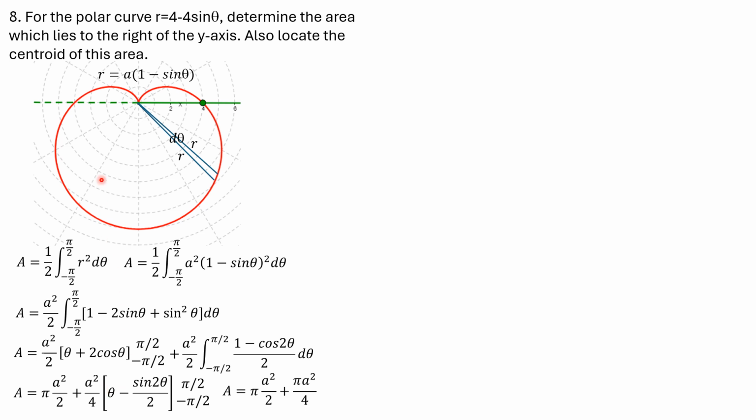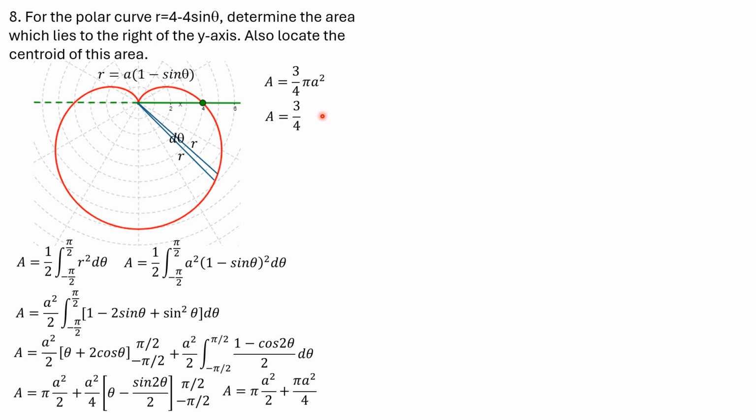So for the area of this cardioid heart-shaped polar curve, half of the area is 3/4 pi a squared, so that means the area of the entire region is double this area, which verifies that the area of a cardioid is 3/2 pi a squared. So remember, the area of the entire cardioid is 3/2 pi a squared, but for this problem, it's only half of 3/2 pi a squared. So 3/4 pi a squared.